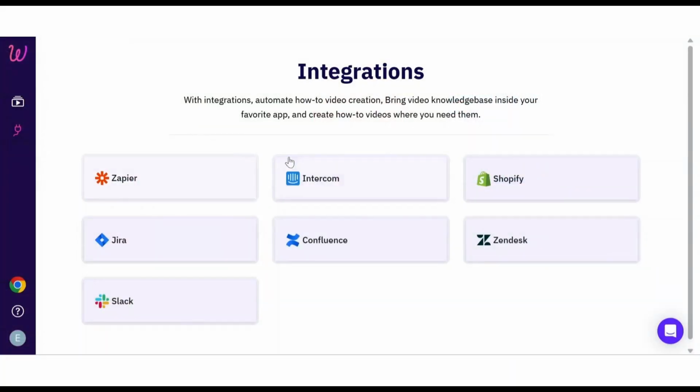So WowTo plays nice with your existing stack thanks to real-time integrations with tools like Zapier, Intercom, Shopify, Jira, Confluence, Slack, and Zendesk. Your how-to videos are right where you need them, when you need them, and how you need them. You can automatically sync new content to your help desk or knowledge base, serve personalized videos inside chat tools